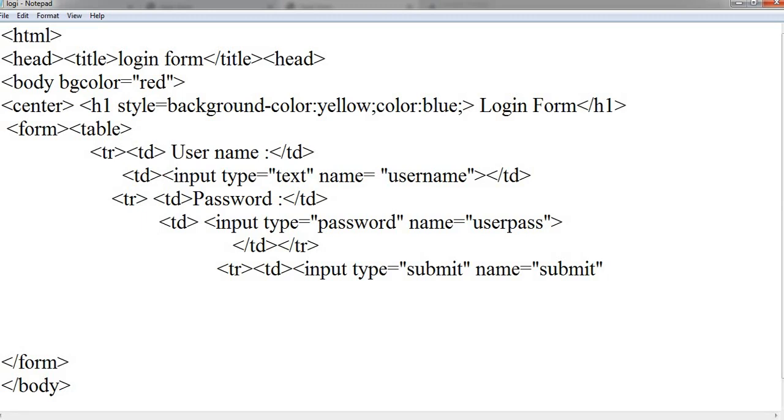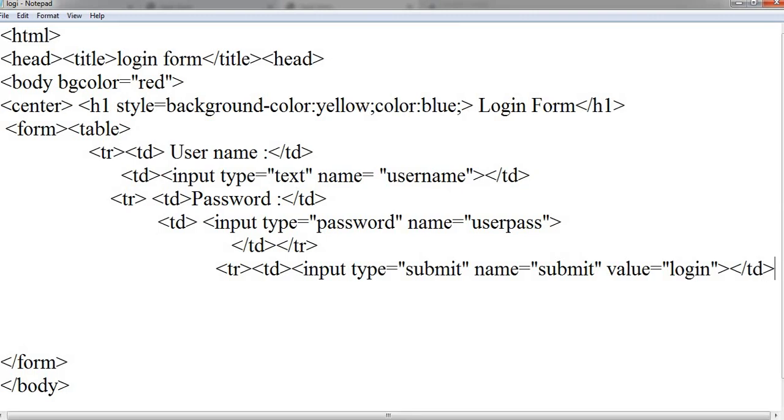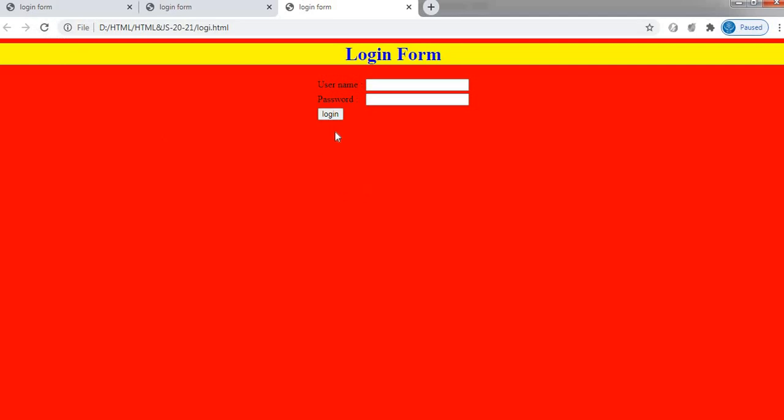then with this we can also give another property, that is value as login if required, otherwise you can give it according to the user. So this is one more button we are going to add. So just see the modification for this. The one more button added is login, and with this